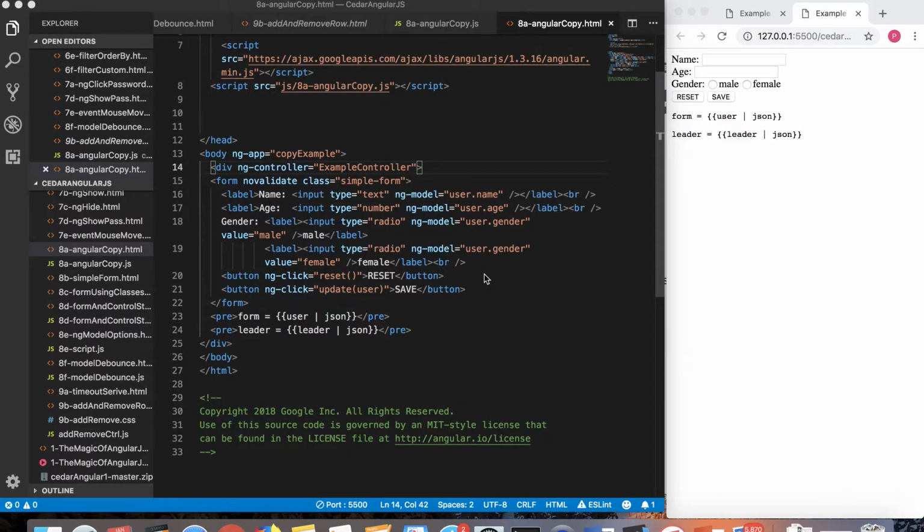AngularJS provides a lot of inbuilt functions. We'll study the Angular copy function right now. Let's look at this simple Angular application with the copy example as the application and example controller as the